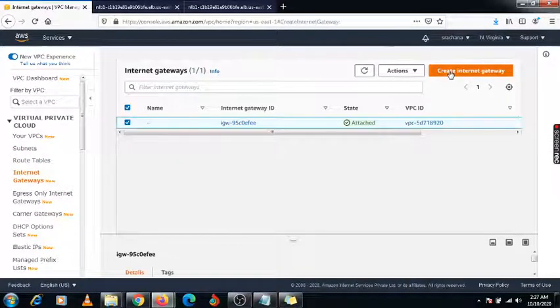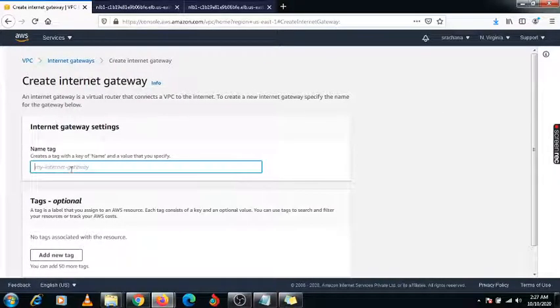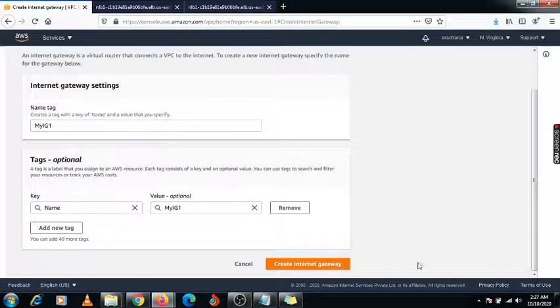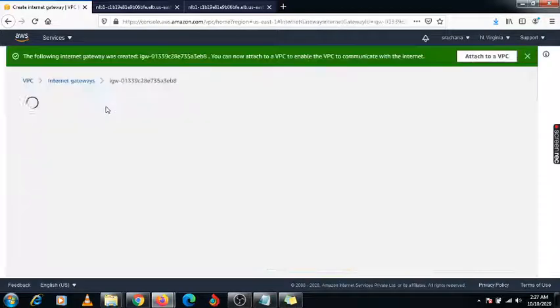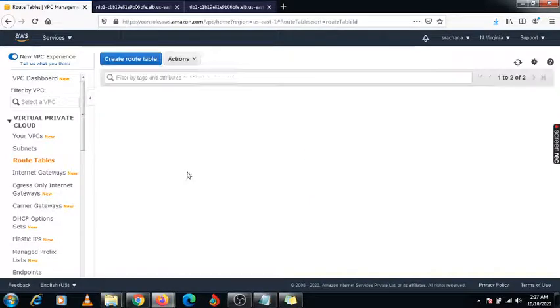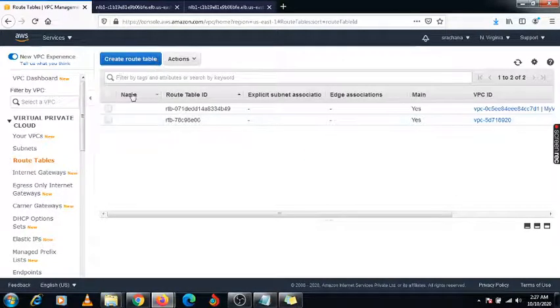Now you need to create your internet gateway. Click on create internet gateway. Here I am going to specify the name my internet gateway 1 and create it. You need to create a route table.